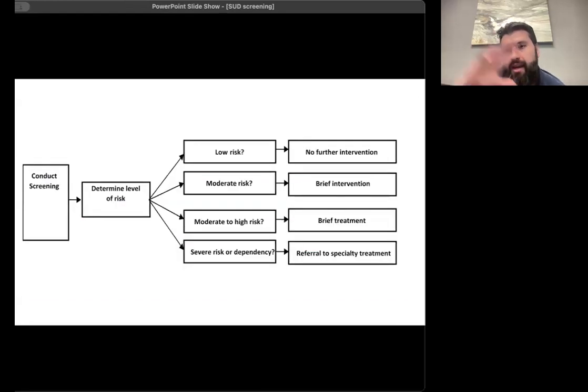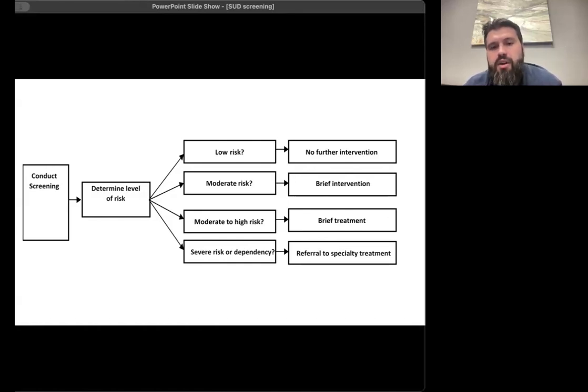So the big picture of how this works is that hopefully we perform this screening and then we can determine, as I mentioned earlier, what that level of risk would be and then appropriately refer and offer treatment based on what that risk level is. So if someone was low risk, for example, you would just congratulate them and not really have to do anything else. But if they were moderate risk or even moderate to high risk, you could offer an intervention or treatment. So that could be potentially for moderate risk, just educational endeavors, maybe some motivational interviewing, harm reduction, et cetera. Same thing for moderate to high risk, maybe offer them some treatment specific to what's going on.